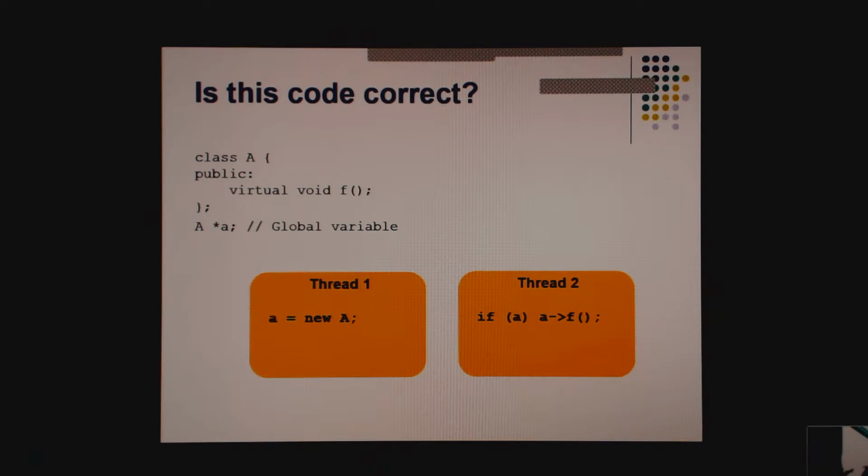Well, let's look at the code. It says new A, so A is going to be constructed, and then its address will be assigned to little a. So maybe you're on the right track, but you have to justify that statement a little more.